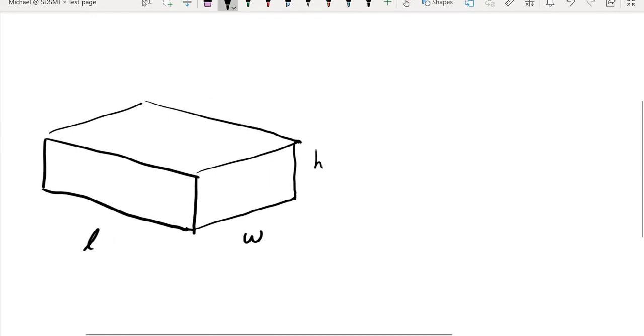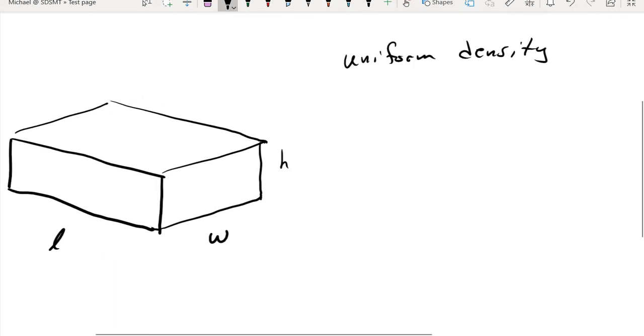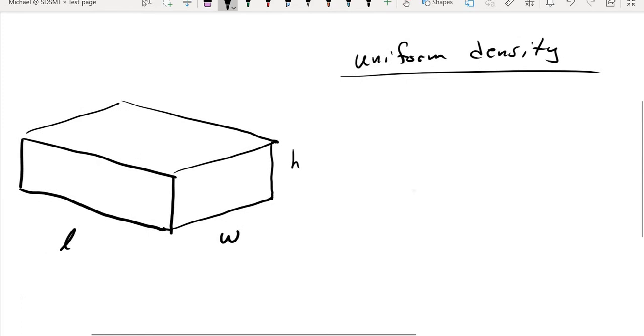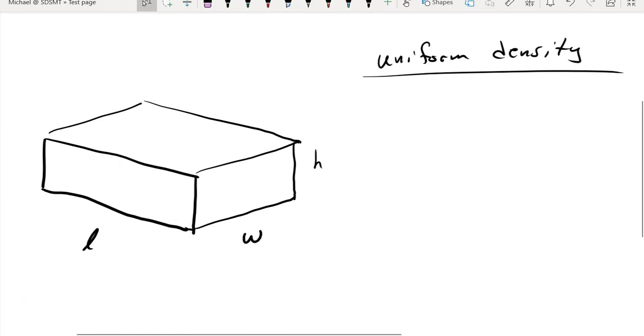And we're going to assume that there is a uniform density for this material. So whatever it is, it could be some kind of ceramic, glass, metal, styrofoam, you name it. We just want the density to be uniform. And what that means is that